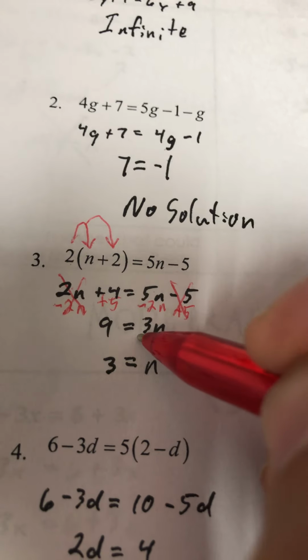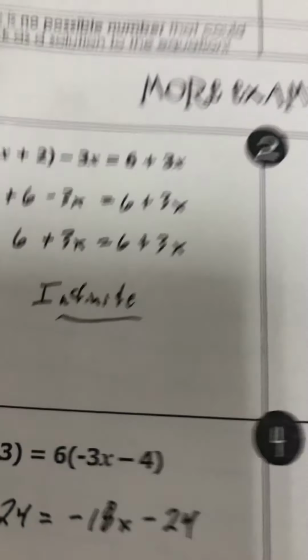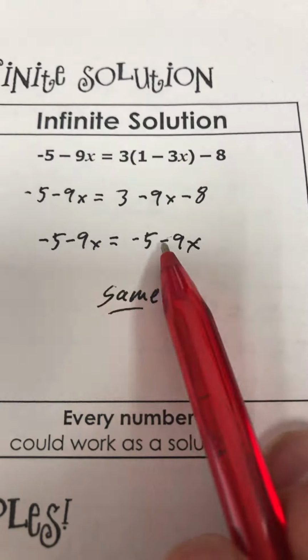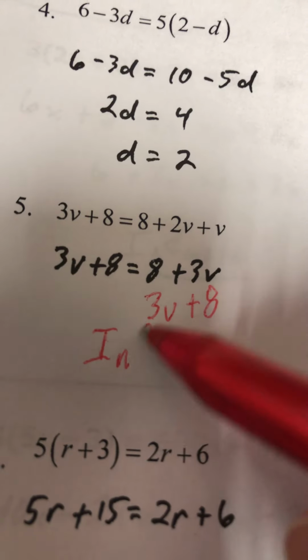You can take a look at number 4. I had that for you. Number 5 ends up being the same on both sides, even though this looks backwards. It's like a mirrored effect. This is essentially 3v plus 8 also over here on this side. Remember, when you have this same thing on both sides, I don't need to go any further. And it's going to be infinite